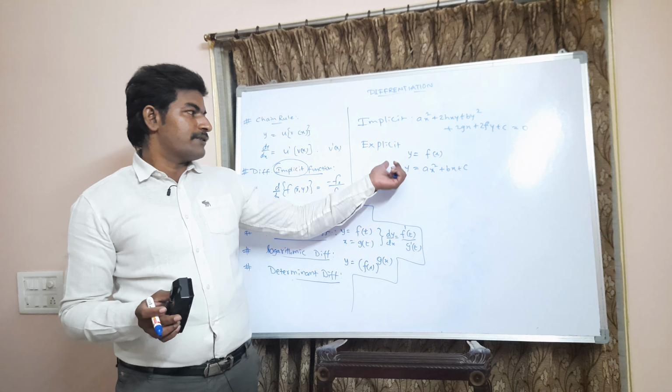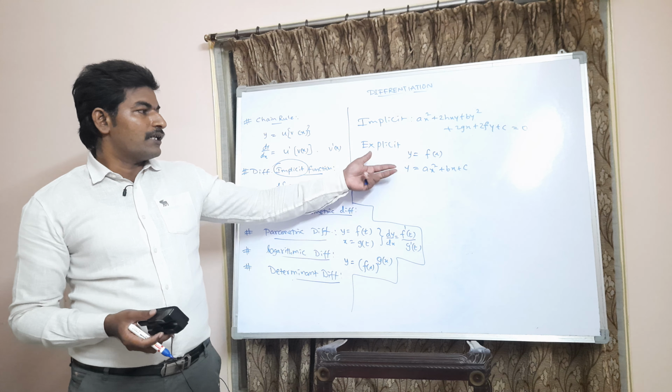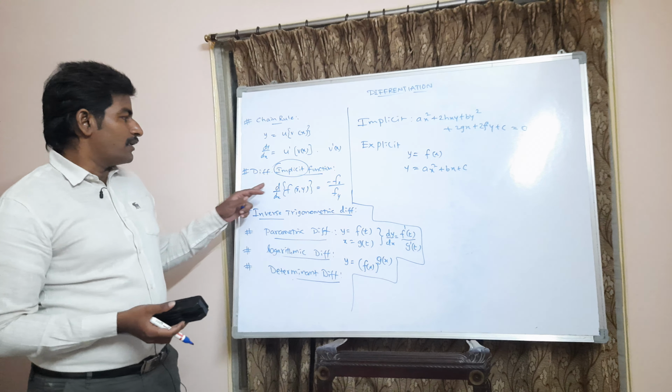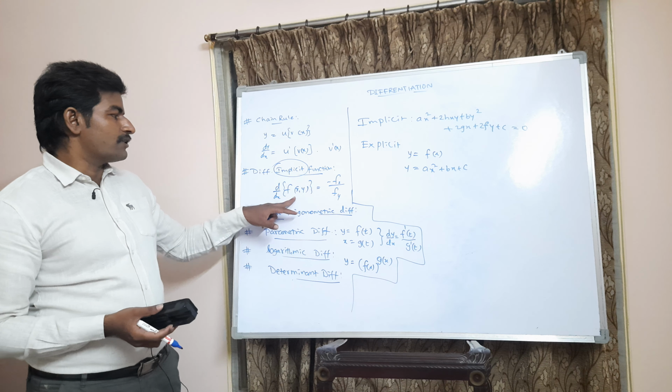So here you have to learn how to do this differentiation. In previous sessions, in the previous few minutes, I just told you how to do differentiation of this kind of functions, and now I'm telling you differentiation of implicit function. If the function was given as f of x comma y, what you have to do is just differentiate minus fx by fy.